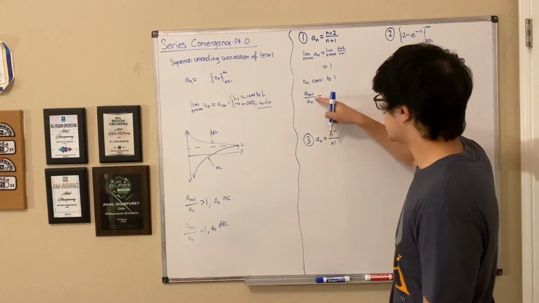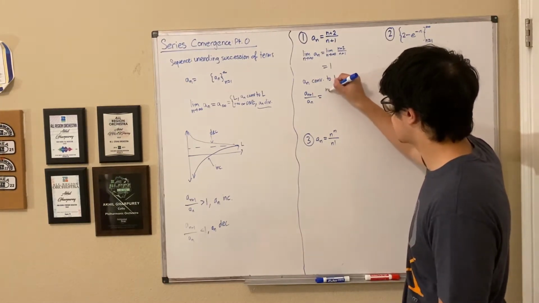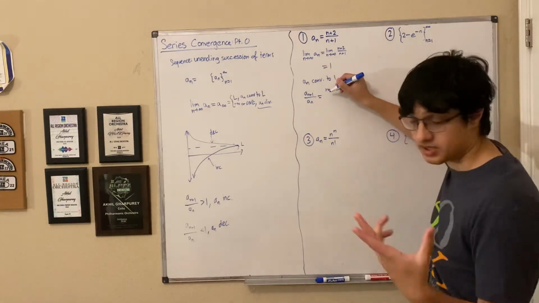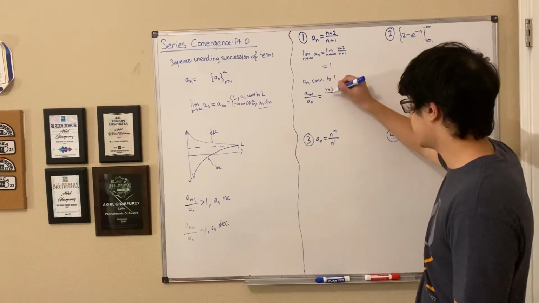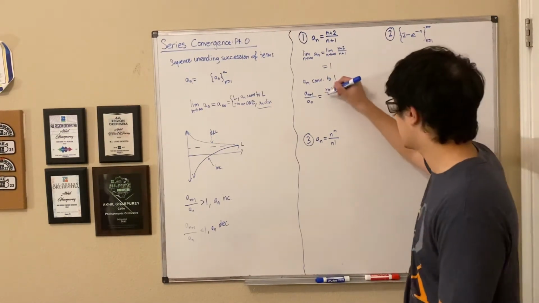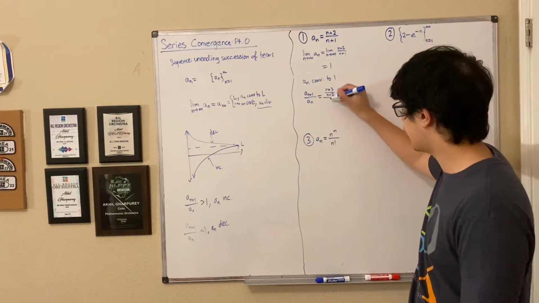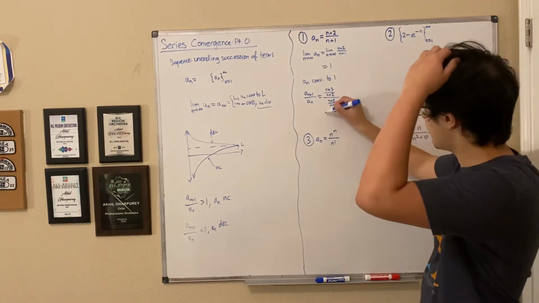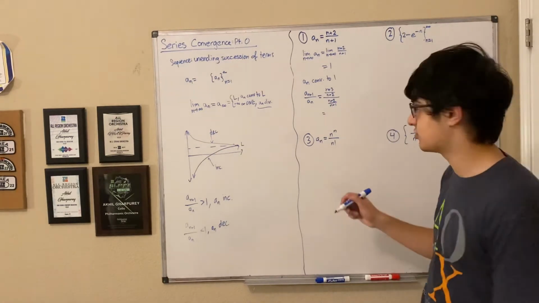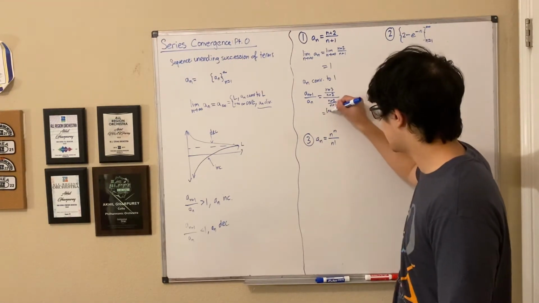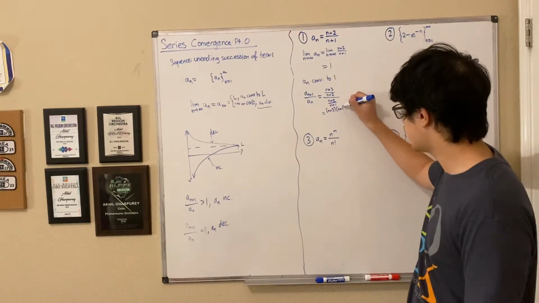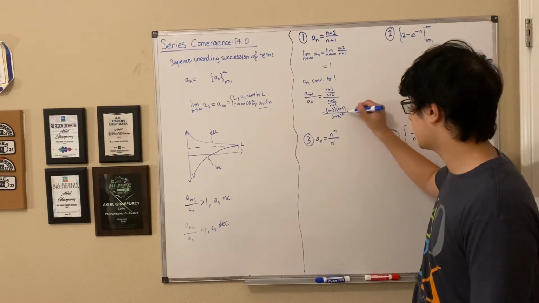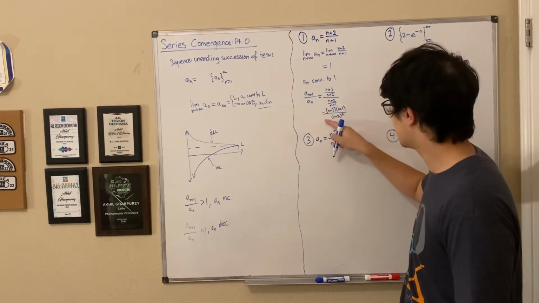So a sub n plus 1 over a sub n, if we just go ahead and plug in n plus 1 for whenever we see n, we get this is n plus 1 plus 2, or n plus 3, divided by n plus 1 plus 1, or n plus 2. And then we divide that by the original sequence, n plus 2 over n plus 1. And then all you have to do is some algebraic manipulation here to get that this is n plus 3 times n plus 1 divided by n plus 2 squared,